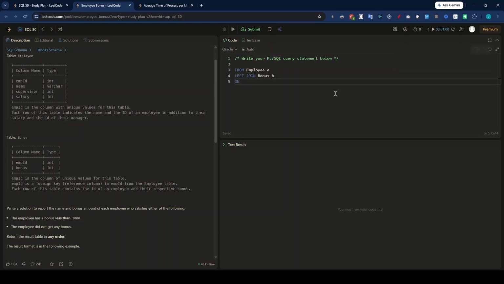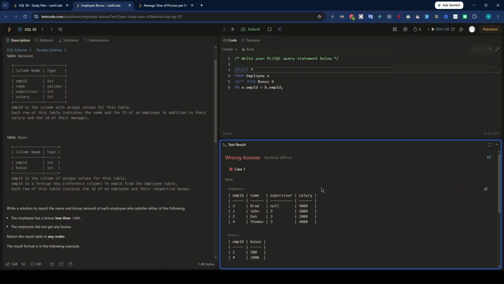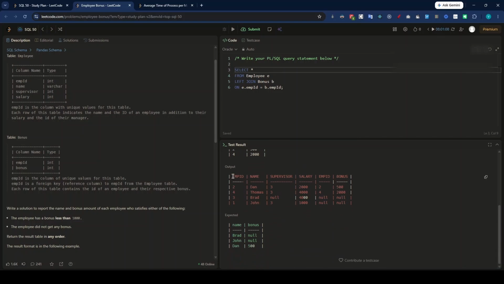So on what condition? There is only one simple condition, right? There is only one key, that is employee ID. So e dot employee ID equals b dot employee ID. Cool. We will just select this and go through the output. Right. So if I select this, yep, you can see that both these tables have been joined on employee ID, and you can see that 2